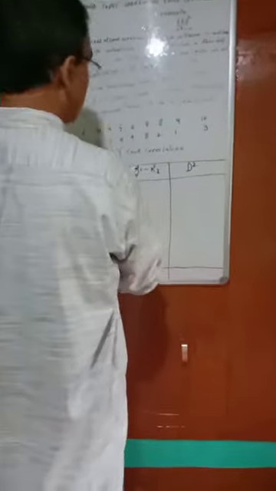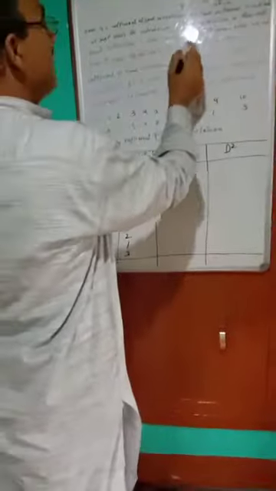Now, dear students, as far as this formula is concerned, we will solve this question. First of all, we have to calculate d. What is d? As I have mentioned, d is the rank difference, that means rank 1 minus rank 2. Rank 1 is 1 and rank 2 is 10.